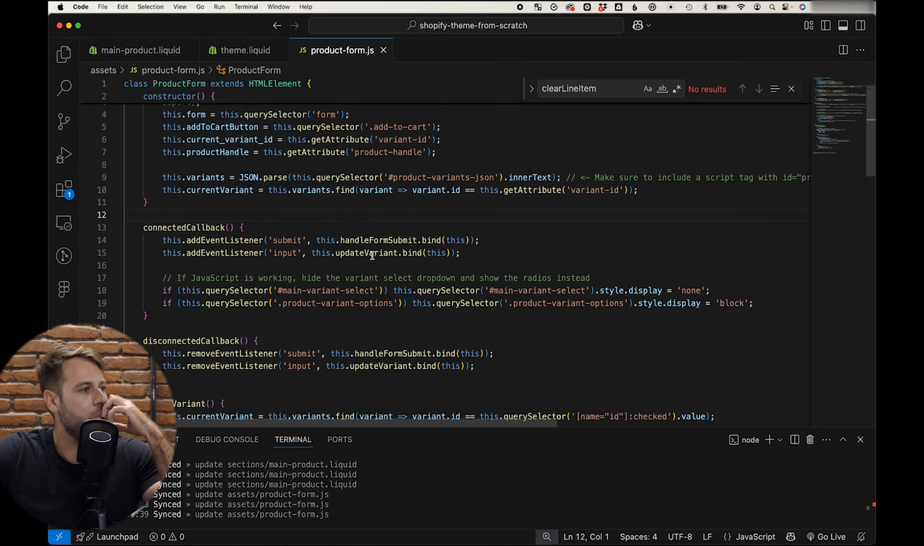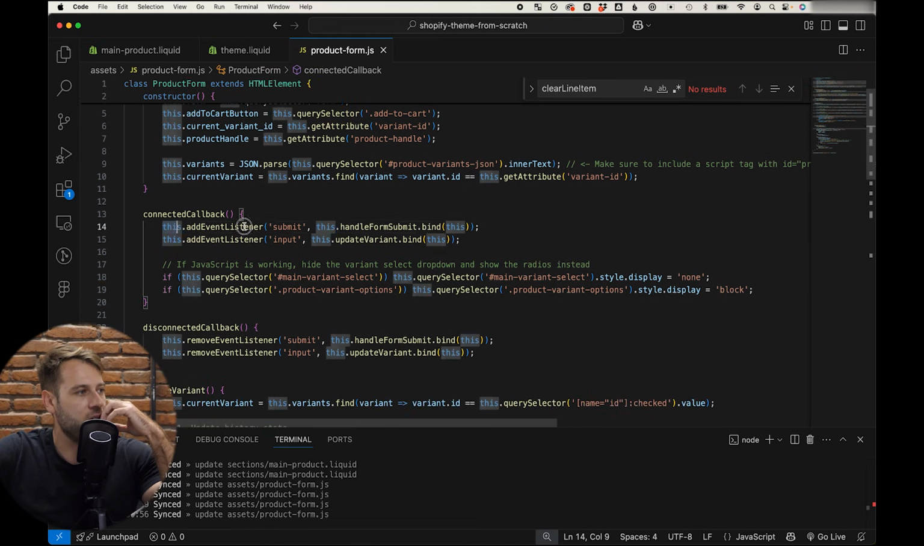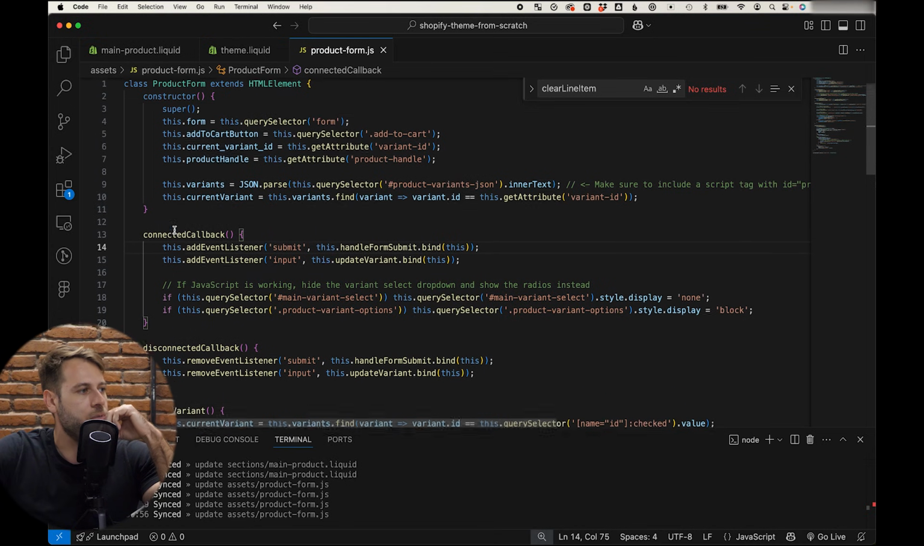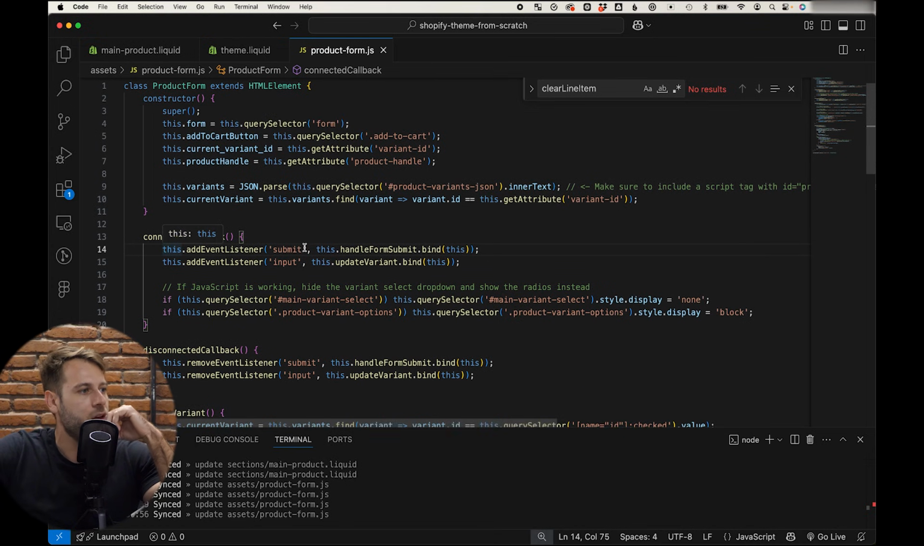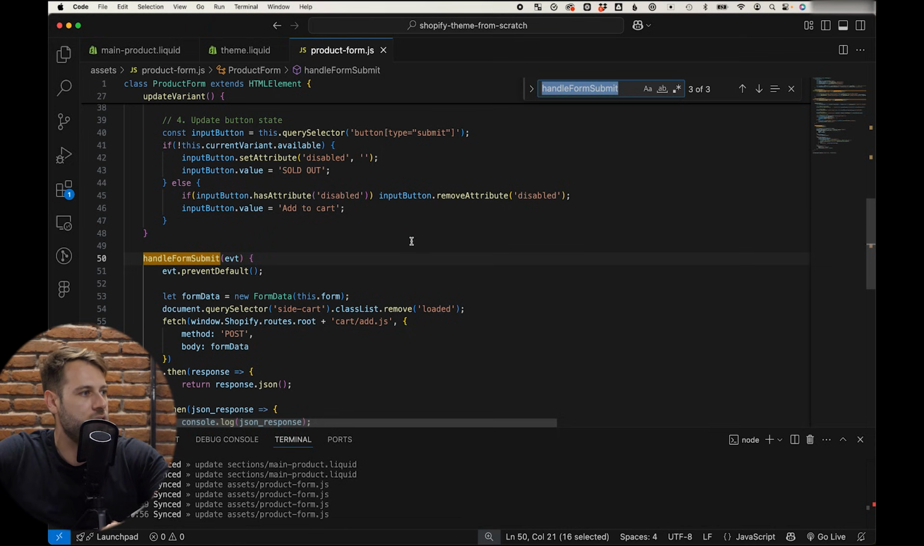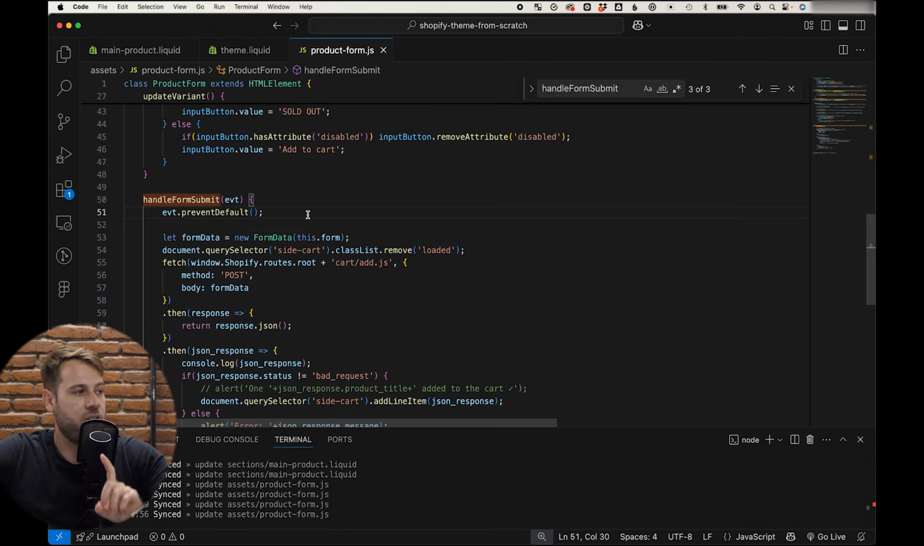If I look at this web component, we're looking for the submit event on the form. Actually, we're looking on the web component, but it should bubble up. And then we're going to handle the form submit. So let's have a look at the form submit here. It has event prevent default at the top. That's very important because it's going to prevent that default functionality of submitting to the backend and changing the page